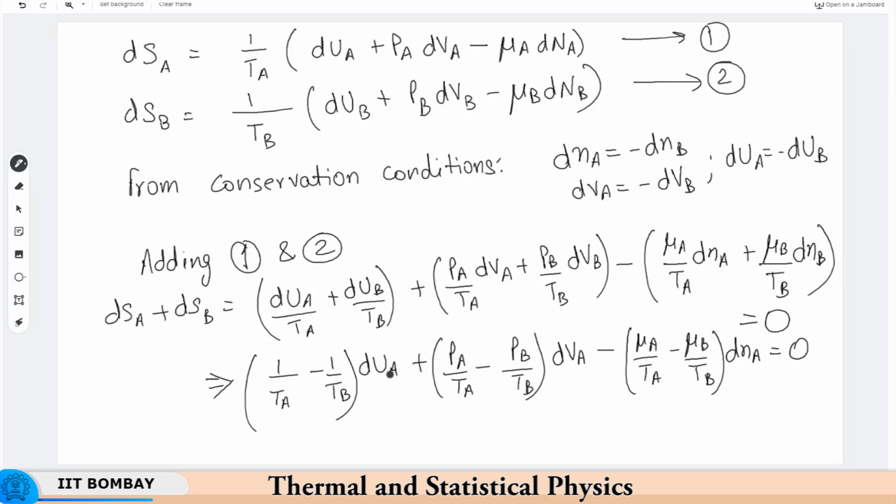But remember the internal energy, volume and number of particles, they are arbitrary independent variables in the problem, right. So they are all independent of each other. So therefore, for this equation to be true, all these factors which sit in front of dN_A, dV_A and dU_A have to be independently equal to 0, right. So in equilibrium, the condition for thermodynamic equilibrium becomes